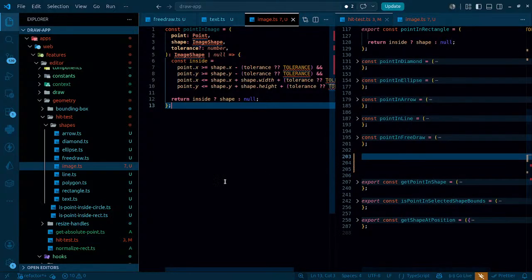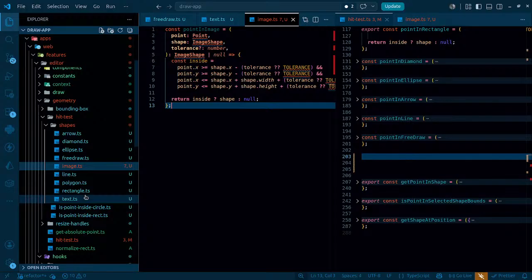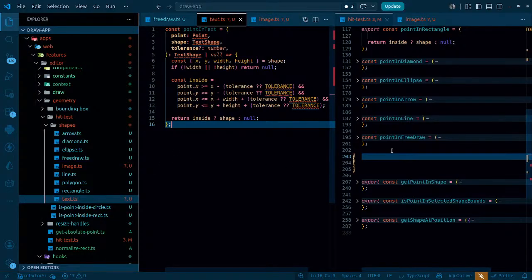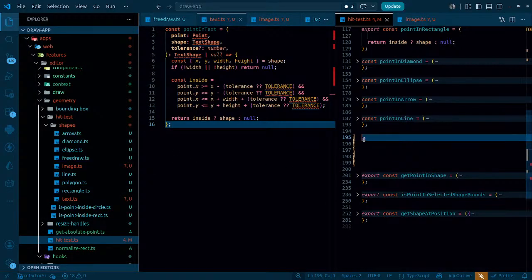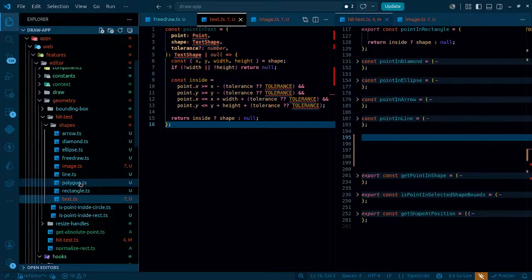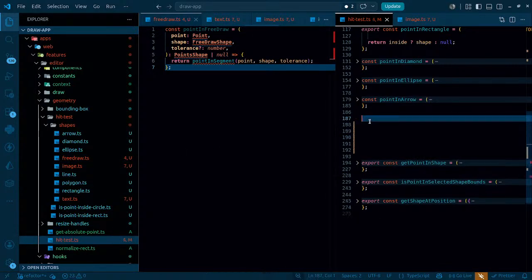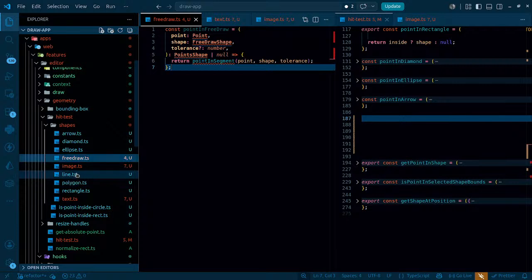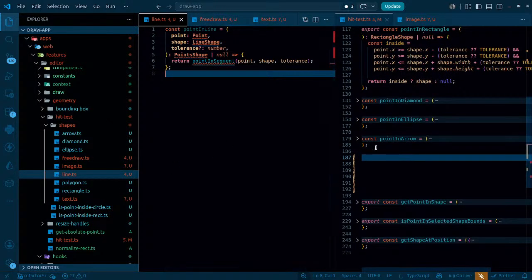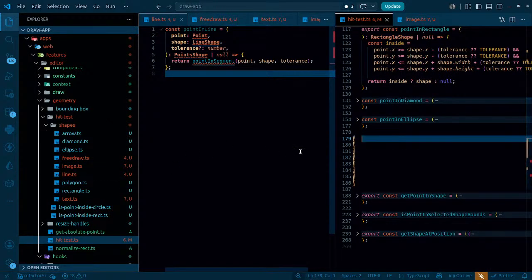We have text, let's keep it in here. We have free draw in here, point in line, cut, what was that, arrow,